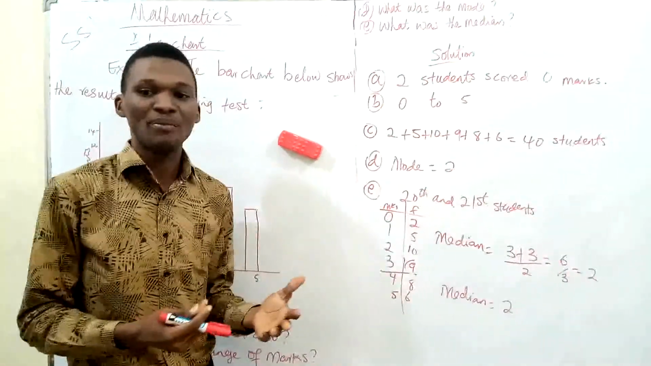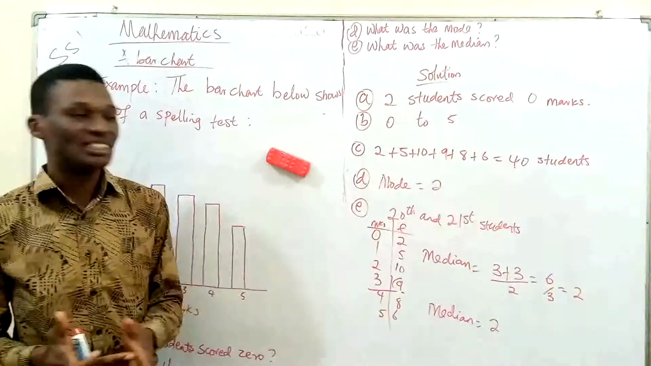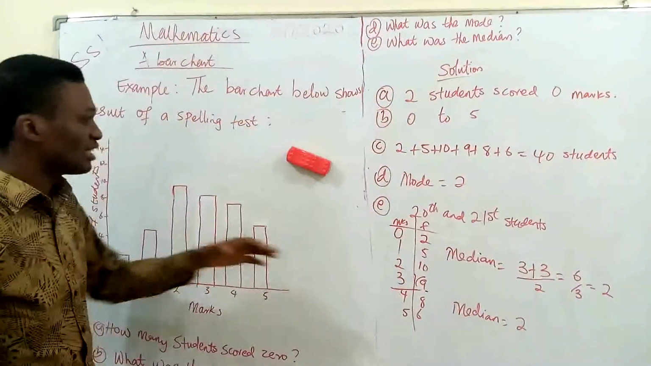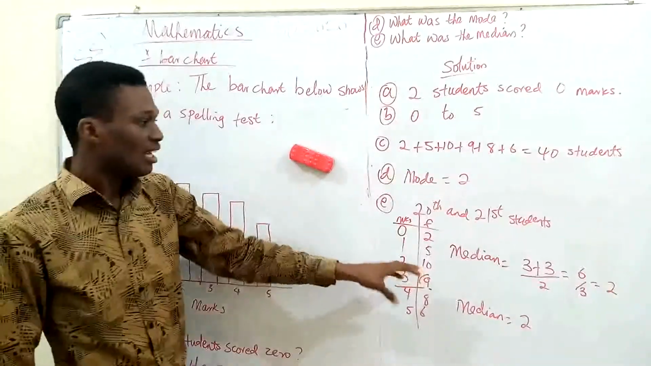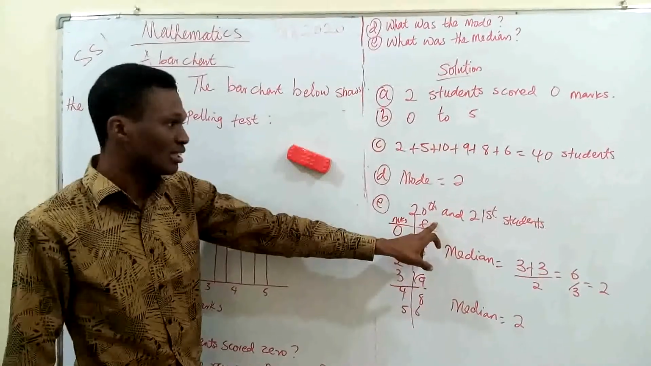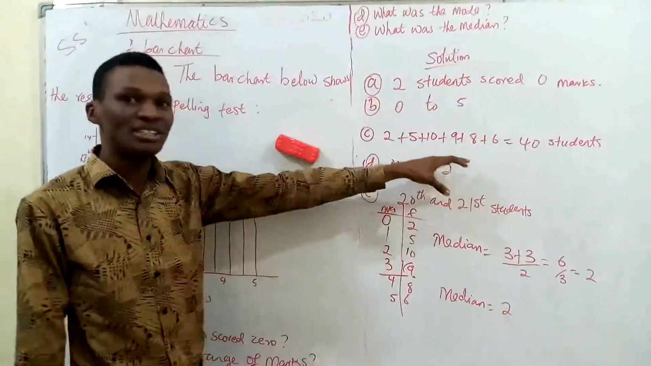This order of size might be either ascending or descending order. Now, how do we arrange this in a frequency distribution table? How do we arrange this order of size? I now prepare this table. We have our marks and we have our frequency. Since there are 40 students, the median